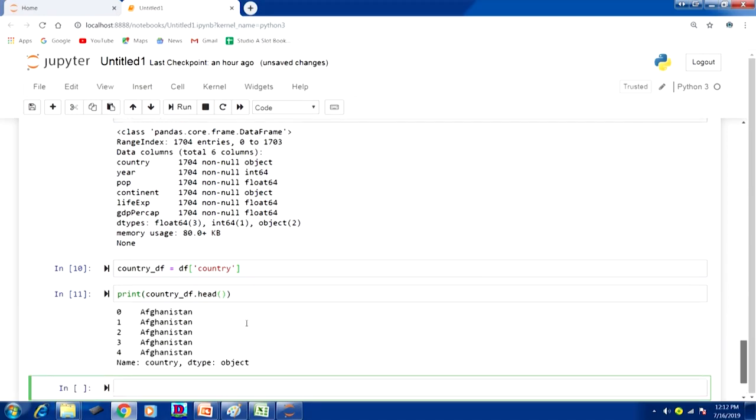You see that? Now, from the full data we have fetched only the country column, and we can see the first 5 rows: the 0th row is 0, then 1, 2, 3, 4. We are able to see the first 5 rows from the big file.